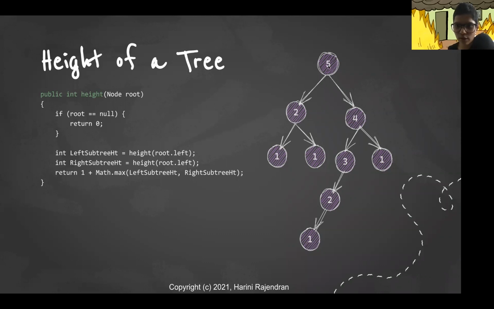Now we recursively calculated the height of all of this, right? So when we come to the root, the height of the root is max of 2, 4, which is 4, plus 1, and return, that would be the height of the tree, which is 5. So to summarize it, always recursively calculate the height of the left and right subtree, find the maximum value of it, and then add 1 to it. That would be the height of the tree. And if the root itself is null, then the height is 0 because there's actually no node present in the tree. So that's how we define the height of a tree.